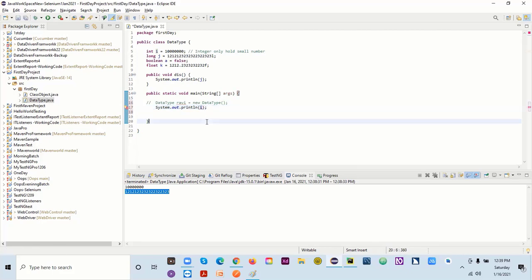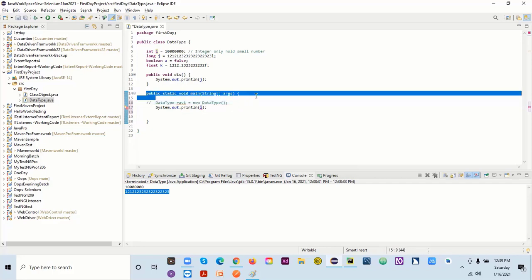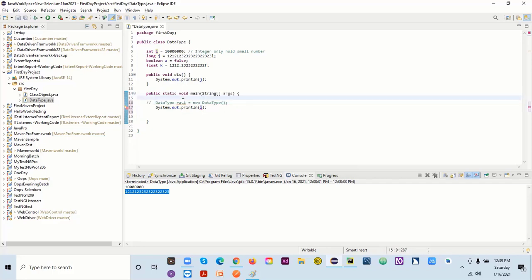Now I have this i, and it's saying change i to static. What it is saying is that this main method has a static keyword.